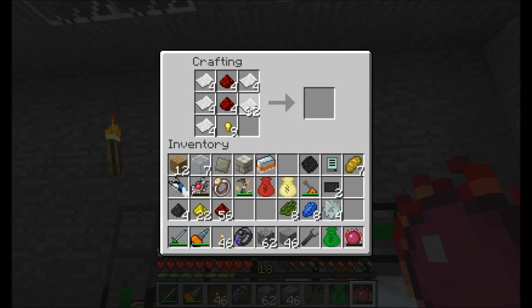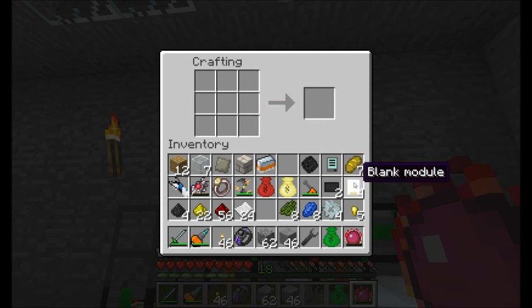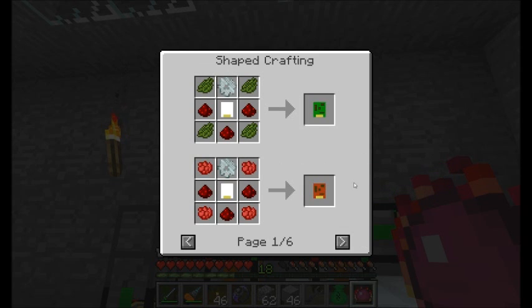And I believe this is the recipe. Yeah, there we go. I got 4 blank modules. Cool. Little gold nuggets left over, no big deal. Now what I can do with these blank modules is first I'm going to create what's called an item sync